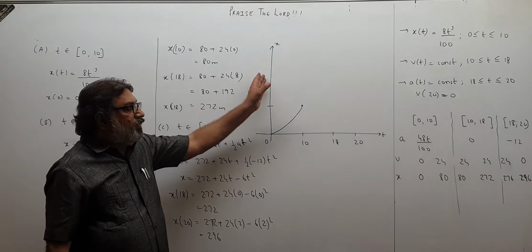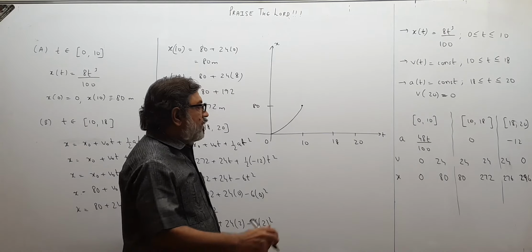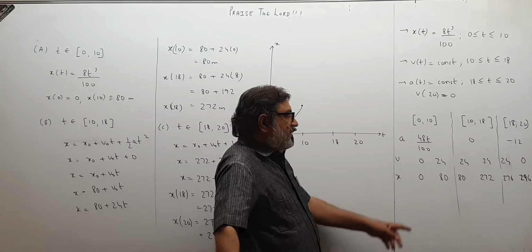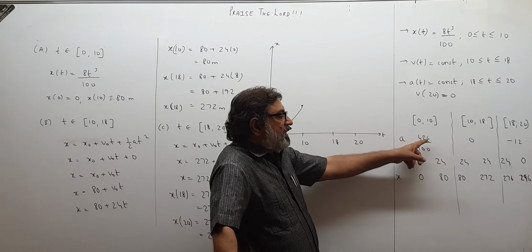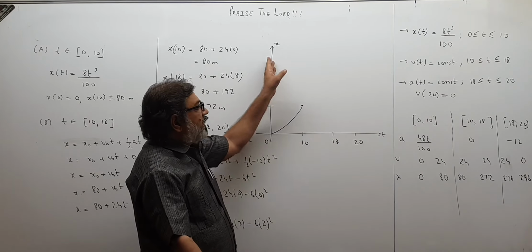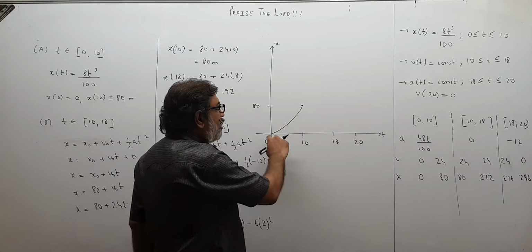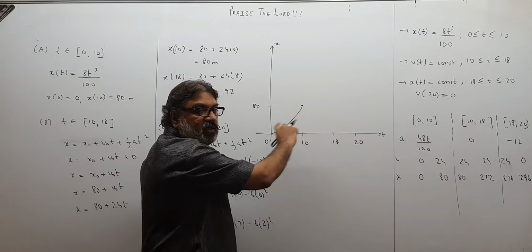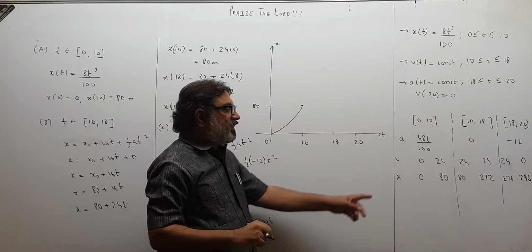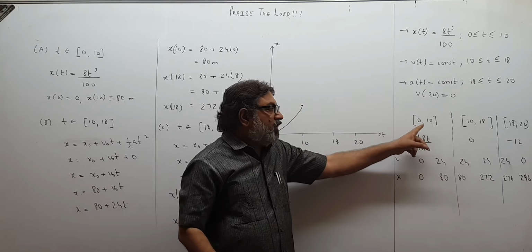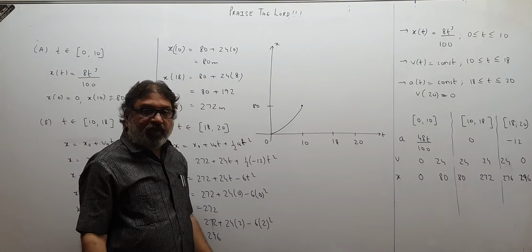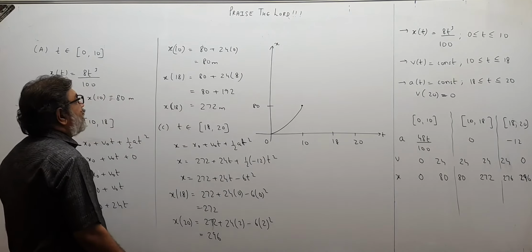And you know, children, this is the graph of position versus time. I told you it is like a smiling curve. Is the acceleration positive in this region? Acceleration is 48 t upon 100. t will go from 0 to 10. Acceleration will remain positive. I told you if acceleration is positive for x versus t, it should be a smiling curve. Otherwise, I would have drawn a frowning curve. You have to be very careful. This is a smiling curve because acceleration is positive in this range. Whatever time you put, acceleration will always be positive. Therefore, a smiling curve has to come. Cubic curve.